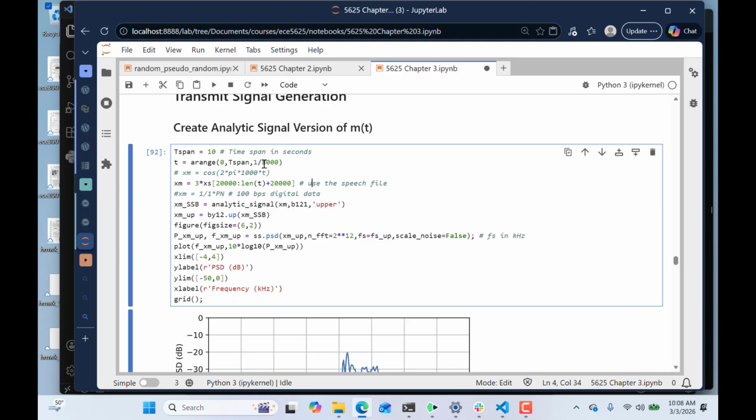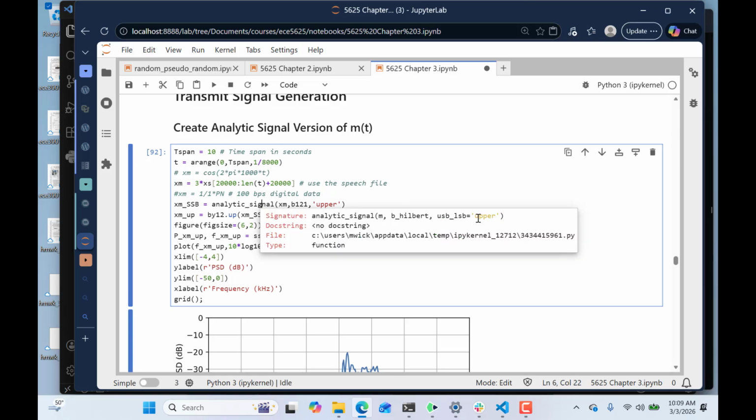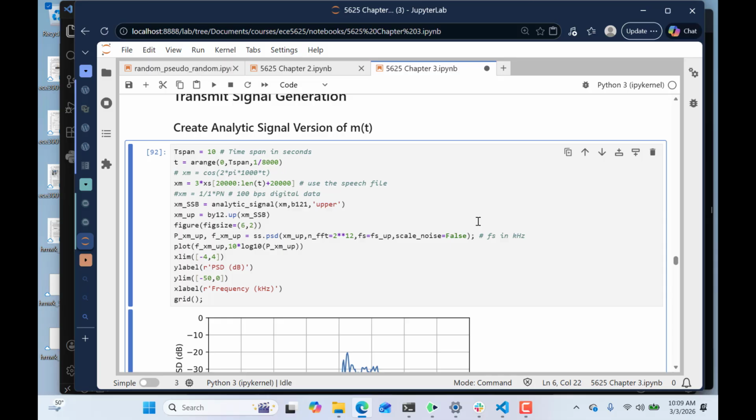I'm upsampling the 8 kilosample per second speech file by a factor of 12, so it's going to be at 96 kilosamples per second. I'm using my coefficient in my analytic signal forming function to form an upper sideband signal, because I wrote that in there as being upper or lower. You can see the help says it takes a string of upper or lower. So I'm going to create an upper,